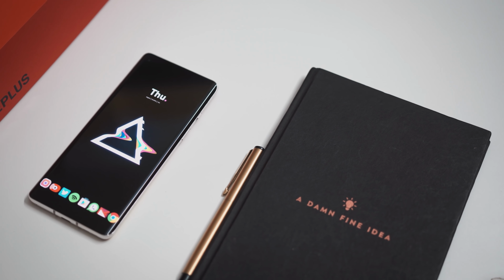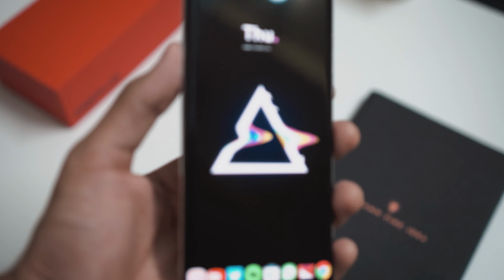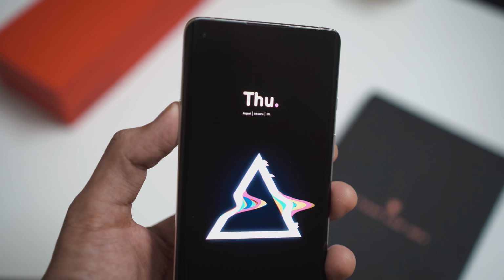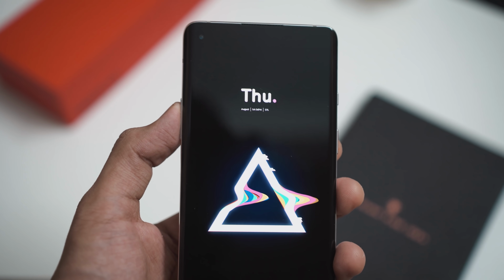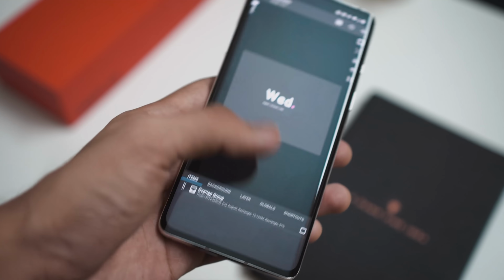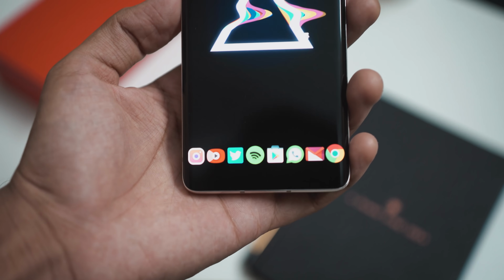Now as far as the icons as well as the widget is concerned, the widget that I'm using comes from a KWGT pack called Saturn for KWGT, and it's the widget number 21 in case you guys want to know the exact one. And obviously I've got a lot of videos lined up on how to use KWGT in case you guys didn't know. And as far as the launcher is concerned, I'm obviously using Nova Launcher,